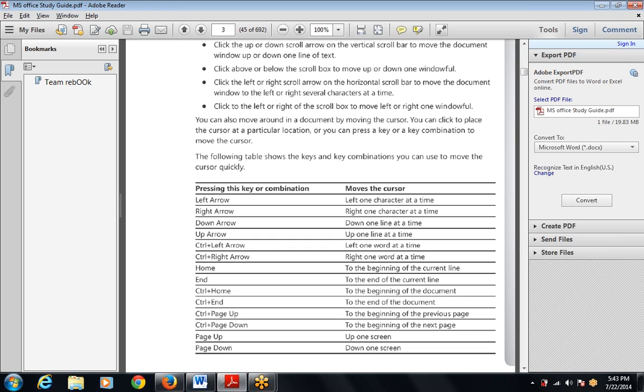Then the next one says control plus left arrow, left one word at a time. This means if I press the control key along with the left arrow key, it moves the cursor left one word at a time. It means from right to left, it moves one word at a time. But in the previous ones, left arrow, right arrow, down arrow and up arrow, this shows the character position. It means characters are moving from one place to another. But in this one, control plus left arrow,